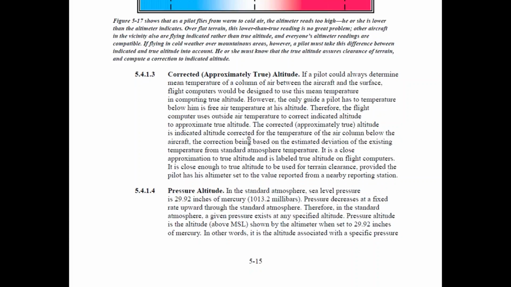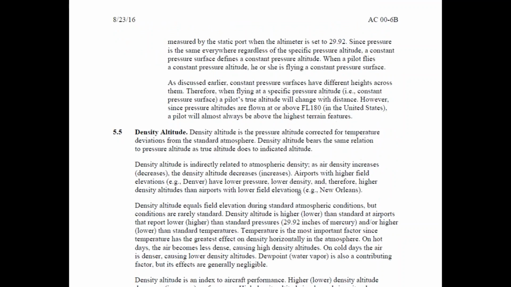Pressure altitude. In the standard atmosphere, sea level pressure is 29.92 inches of mercury. Pressure decreases at a fixed rate upward through the standard atmosphere. Therefore, in the standard atmosphere, a given pressure exists at any specified altitude. Pressure altitude is the altitude above sea level shown by the altimeter when set to 29.92 inches. In other words, it is the altitude associated with a specified pressure measured by the static port when the altimeter